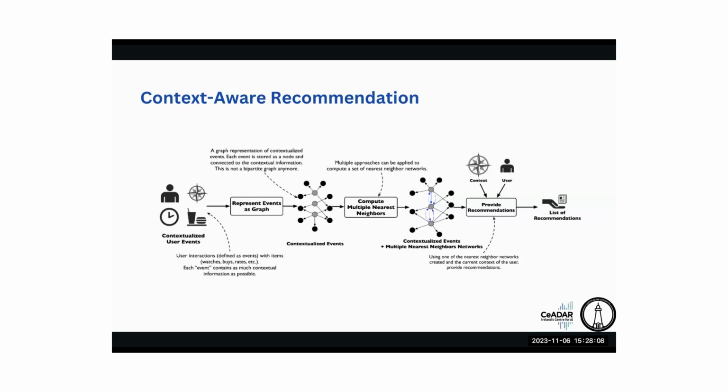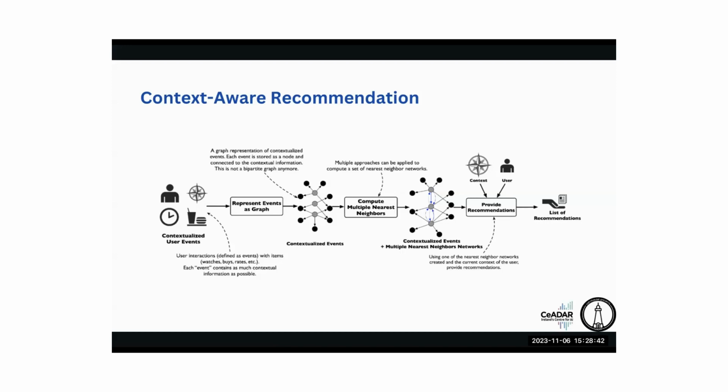Context aware recommendation systems are being used in a couple of fields, mostly in our latest technology, and it's kind of a booming one as well. Here the entire interactions will be saved in graph representations, with each node's information stored in a bipartite graph. Once the bipartite graph is built, the next important step is finding the nearest neighbor.